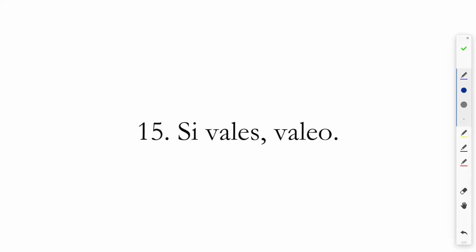Number 15, si vales, valeo. Same words here in the verbs. This means if. What is the subject of this verb and the subject of this verb? In this one, you is the subject, and in this one, I am the subject. If you are well, I am well. That's what this sentence means. If you are well,